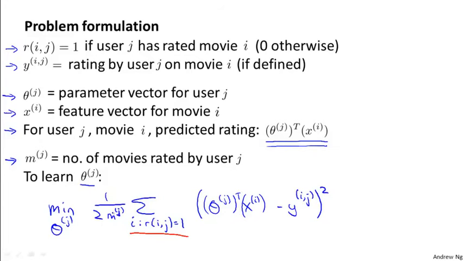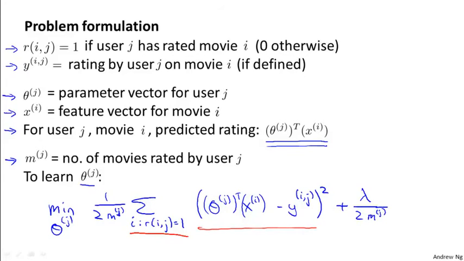So let's divide by 1/2 mj. And so this is just like least squares regression. It's just like linear regression, where we want to choose the parameter vector theta j to minimize this type of squared error term. And if we want, we can also add in a regularization term, so plus lambda over 2m,